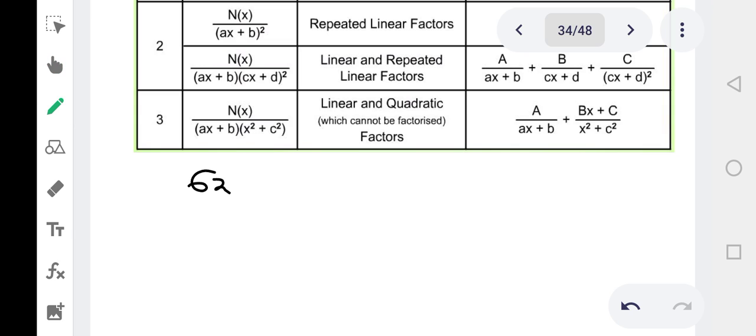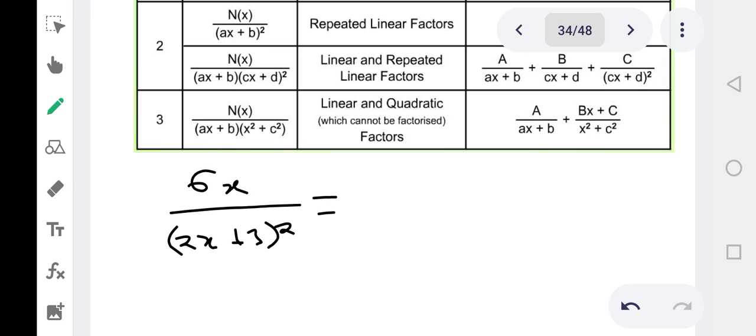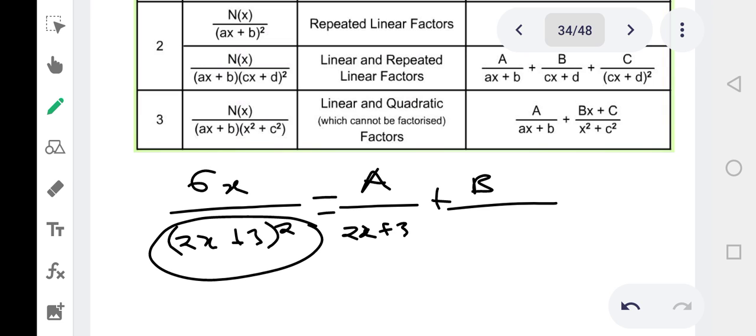Let's say I've got 6x divided by, let's say, 2x plus 3 squared. And then we are told to break down this rational expression into its partial fractions. So what we are going to do is simply say a over 2x plus 3, then plus b over the whole thing, which is 2x plus 3